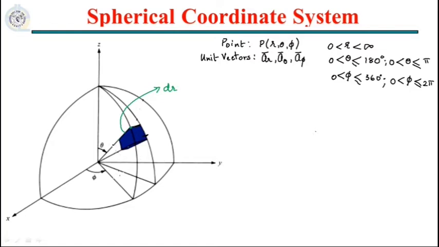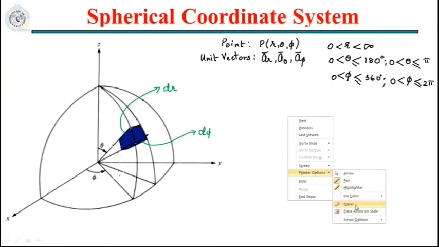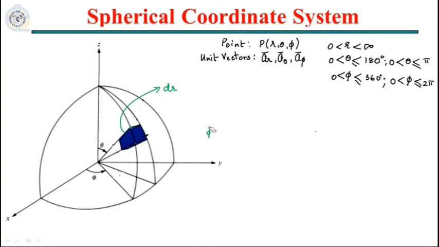Now while I move from this point to this point, I'm moving along phi. So this will give me d phi. Please note that I'm only giving the increment in the angle. I'm not yet defining the length in this case, because this is phi, and maybe I should change the placement of my d phi. I'll apply a correction to that.